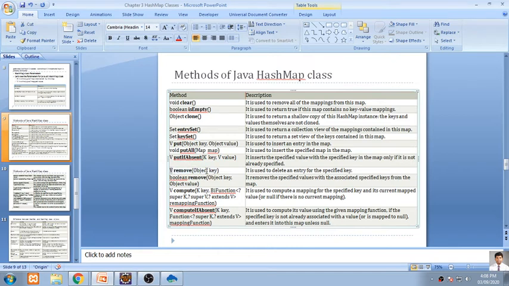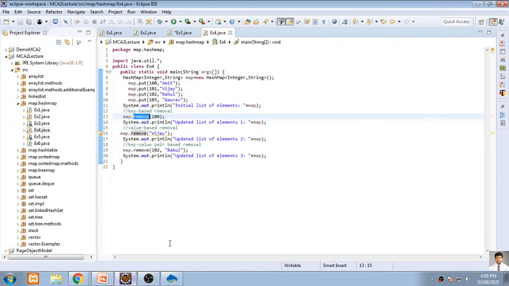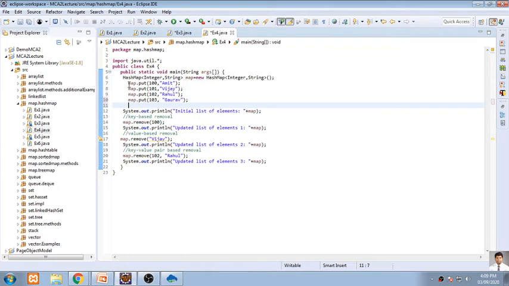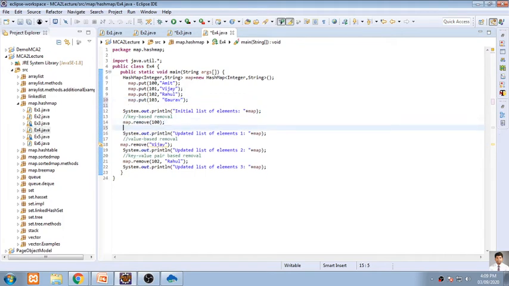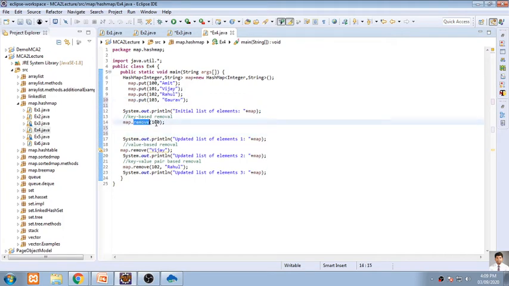There is another function called remove. That remove function will be returning a value, but see that only keys are added whenever it is a single parameter. If you are adding values, then what will it do? So that type of function will be doing here. So same program, hash map. We have added four values into this map: 100, 101, 102, and 103. Now I am using this function for simply removing the element which is at location 100.